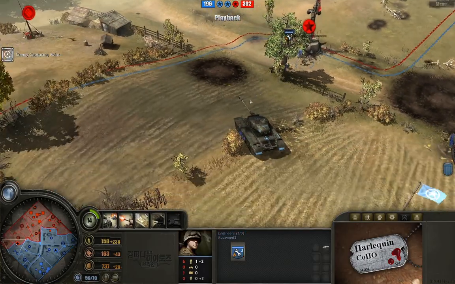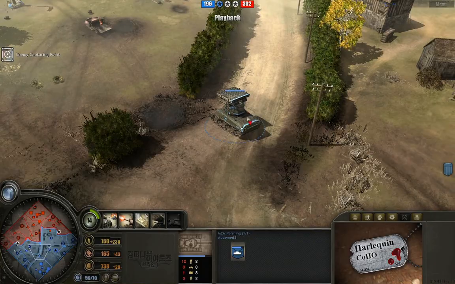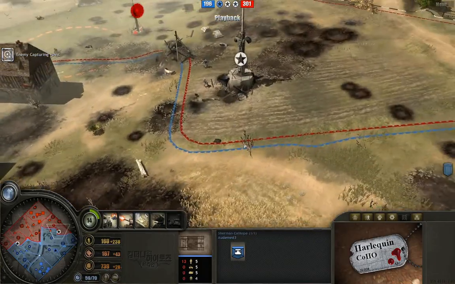So double Pershings on the left-hand side. Single Calliope just kind of in the central location. That's what I love about Calliopes is that